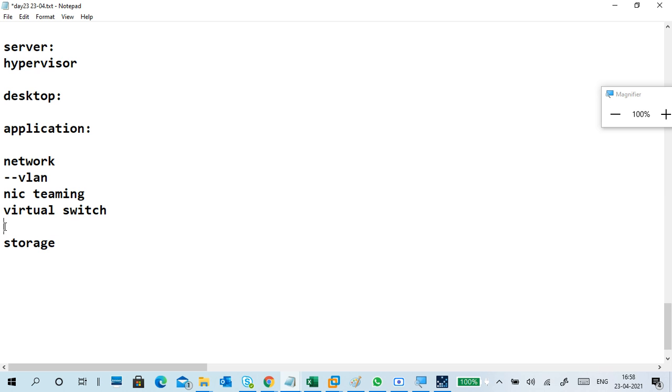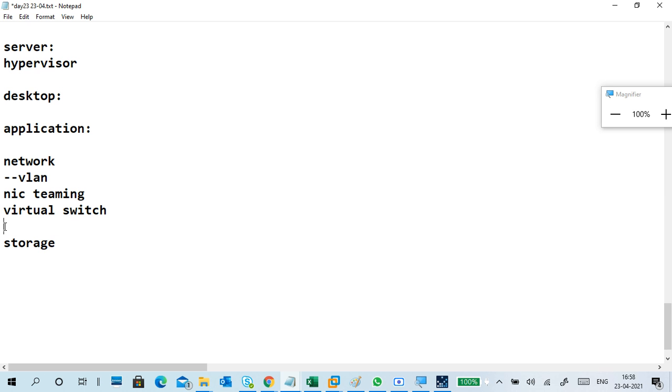So they started asking questions on VMware. But we are not using VMware, we are using VMware Workstation. So you have to say we did practicals with Windows 10, Server, and Linux on VMware Workstation. We created virtual machines in VMware Workstation.